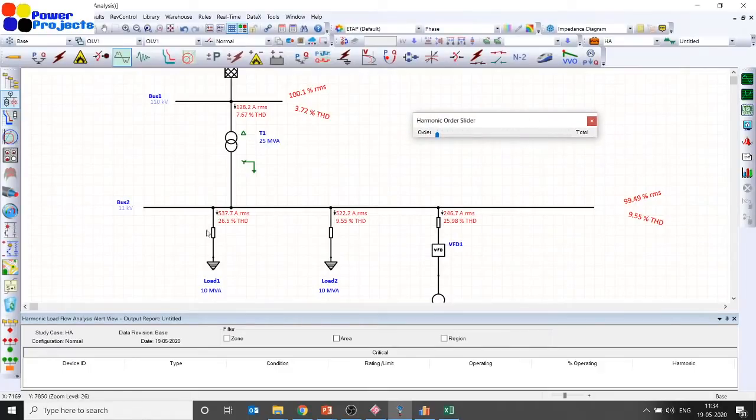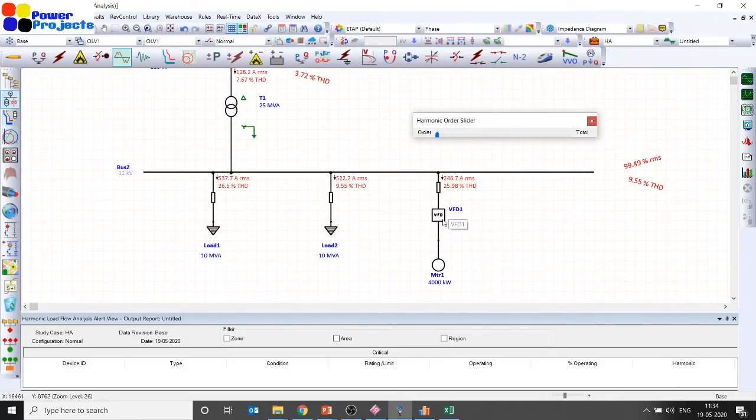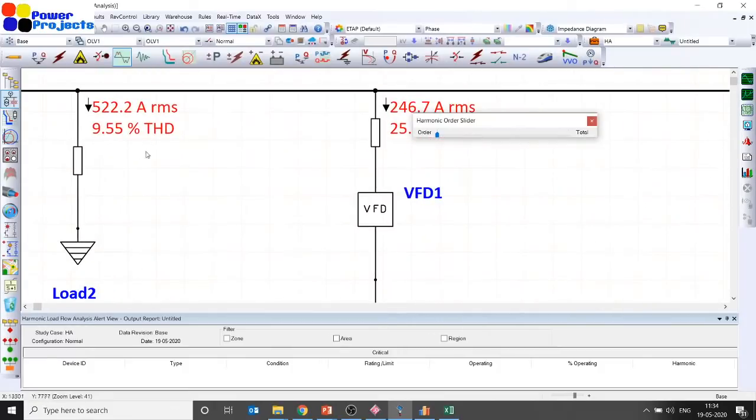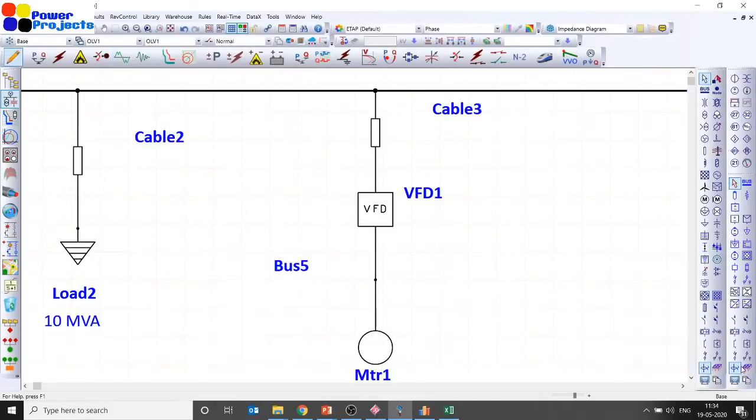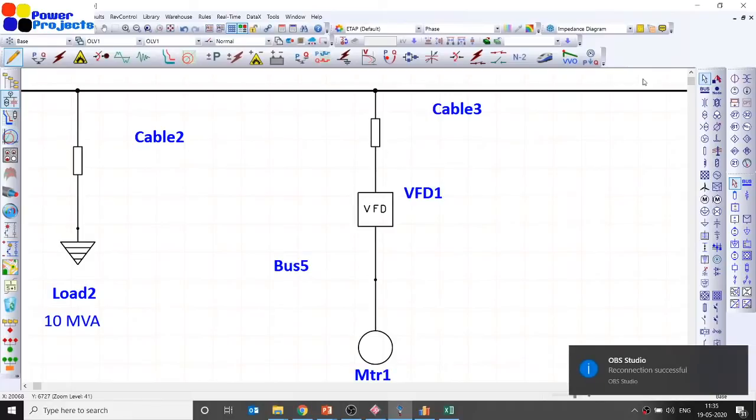Here I have just simply modeled the loads. I have added harmonics, but in reality the loads which inject harmonics to the systems are like UPS, variable frequency drives, inverters, chargers, rectifiers. All these power electronic devices will inject harmonics to the system. And even solar inverters inject harmonics to the systems. So when you are adding a wind turbine generator or solar inverter, either in a grid connected system or otherwise,